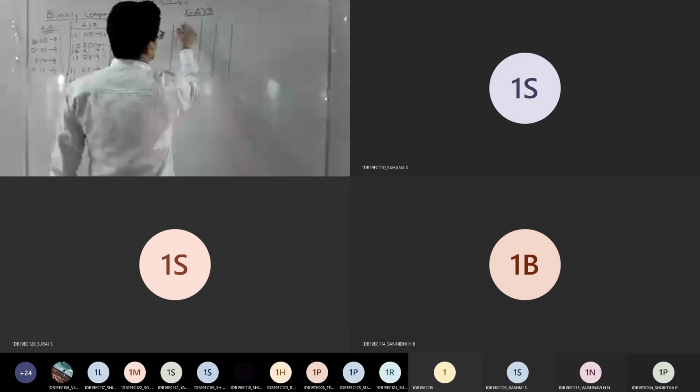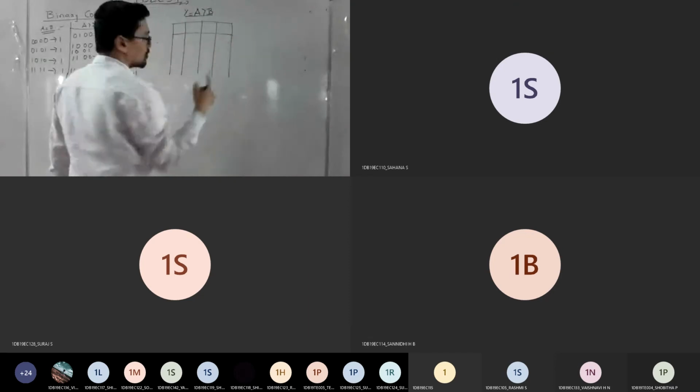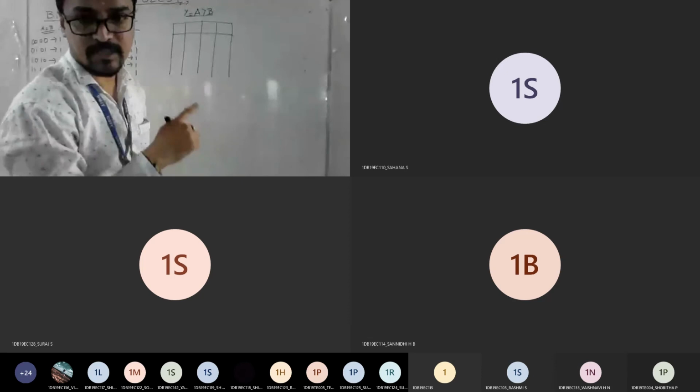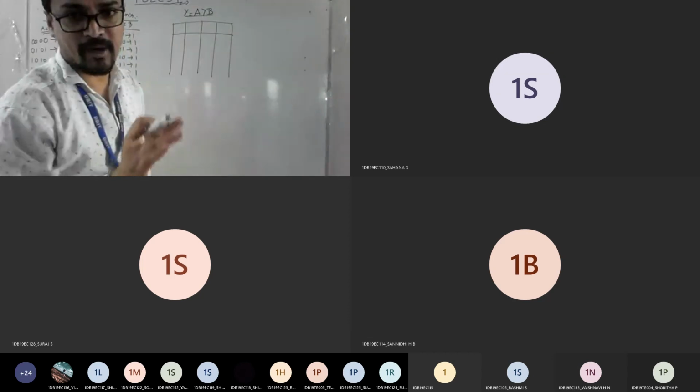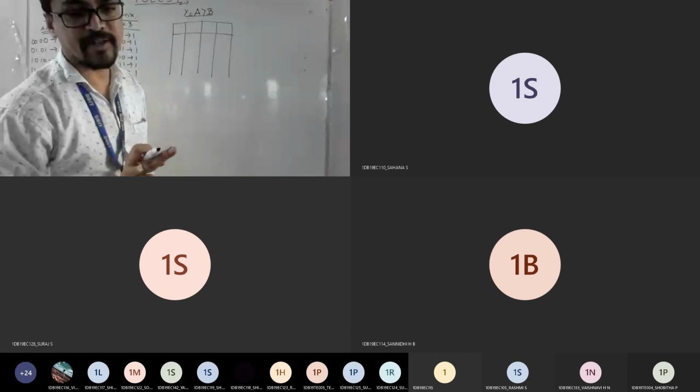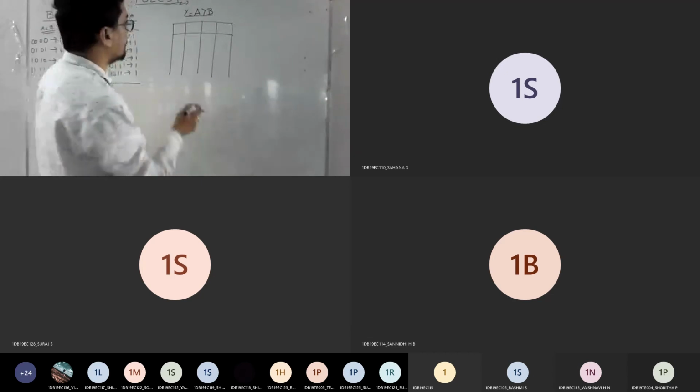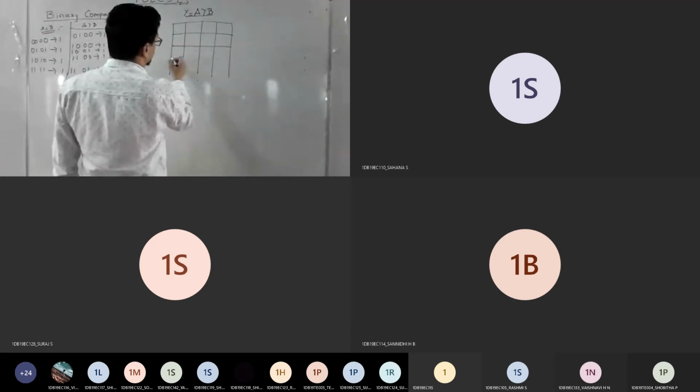See, it's a 10 marks question. Try to write it step by step. The truth table carries 3 to 4 marks, each K map carries 2 marks, and the diagram carries 3 to 4 marks. Totally 10 marks. So marks are very, very important. Don't try to write the answer directly. Write and show the steps clearly.